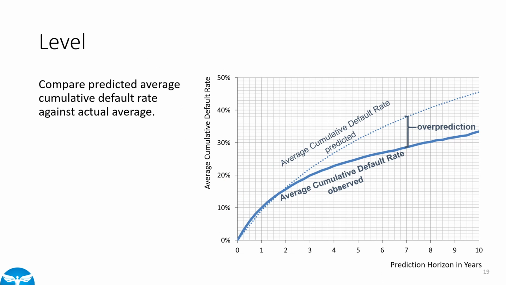But the other dimension you have to look at is the absolute level of predicted defaults against empirical levels of default. In this case, the dotted line here is the predicted average level of default among your obligors in terms of the horizon here that is in years. So this is over a 10-year period, and this is the cumulative default rate that was predicted. And this is the average cumulative default rate that has been observed. And you can see here that the default rate that has been observed is actually lower than what was predicted, at least beyond the second year. So this constitutes an overprediction,